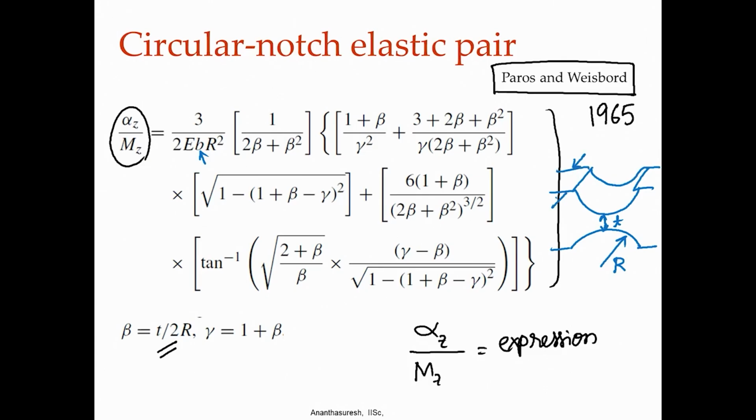And this is B that you see in the formula. E is of course Young's modulus, and R, I said, is the radius of that notch, and then you have beta, gamma, various trigonometric quantities and square roots and 3/2s and all that, right. It is a long formula, but obtained by integrating the beam equation. Okay. So, what you are getting here, the inverse of this expression, is kappa that we want, because